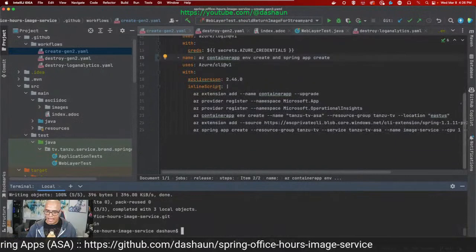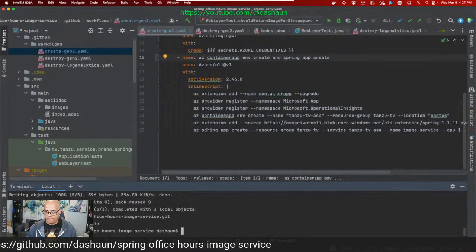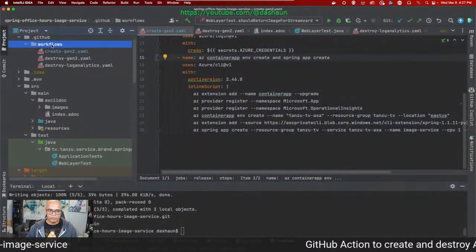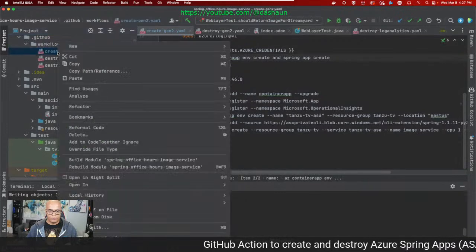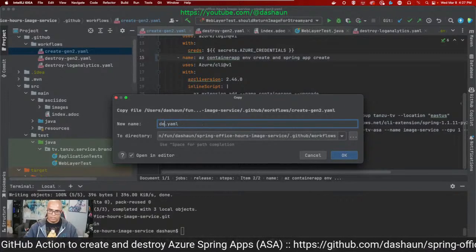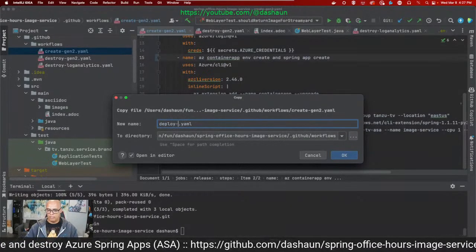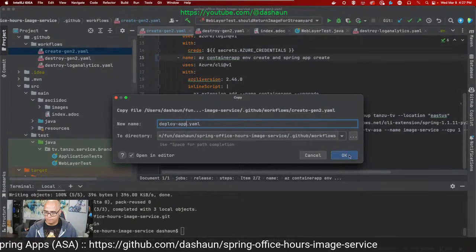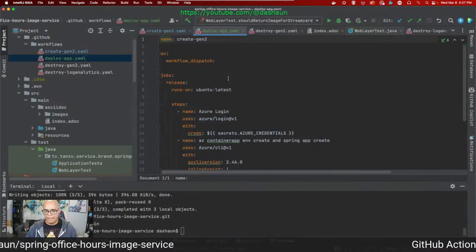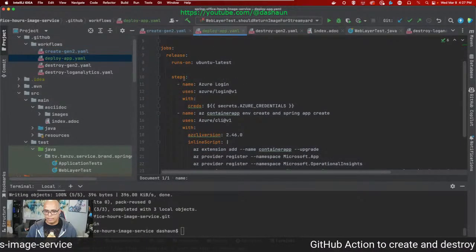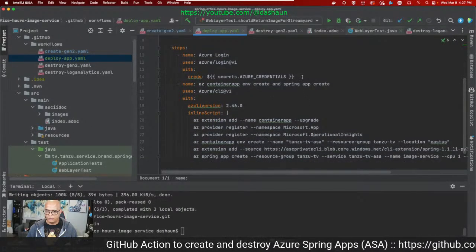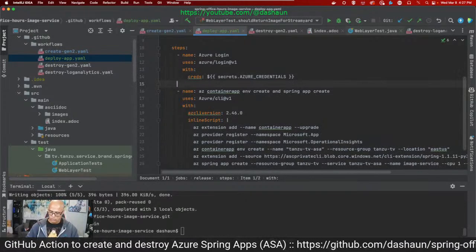All right. So after I do this, the Spring App create, the next thing I want to do is deploy it. So I'm going to make another workflow. I'm going to copy this one. I'm going to refactor, copy, and I'm going to call it deploy. So in order to deploy the app, I'm still going to log in. I'm not going to do this. I'm going to do something similar, but I'm going to